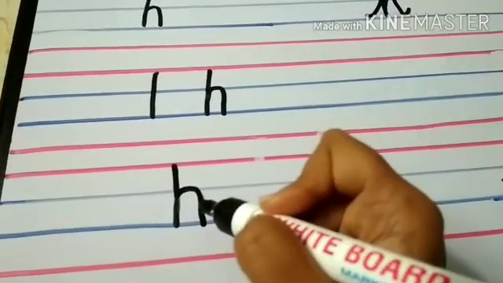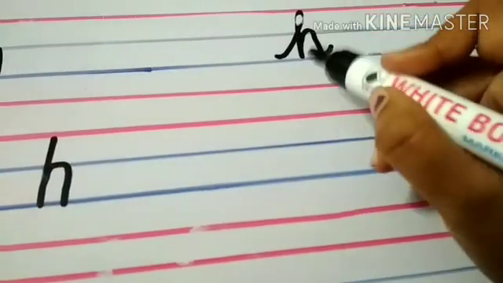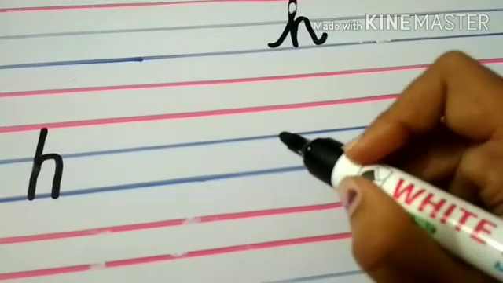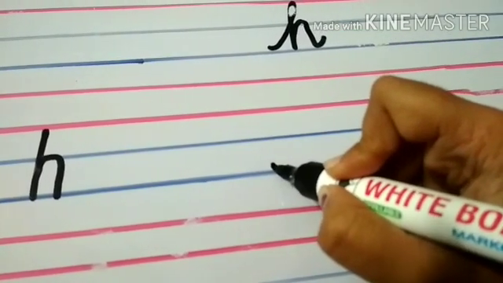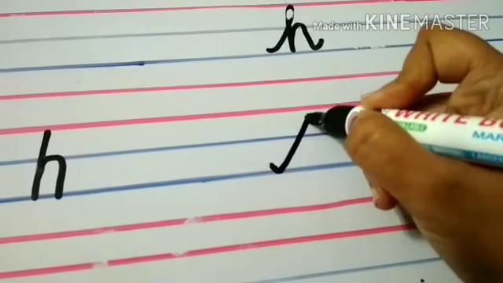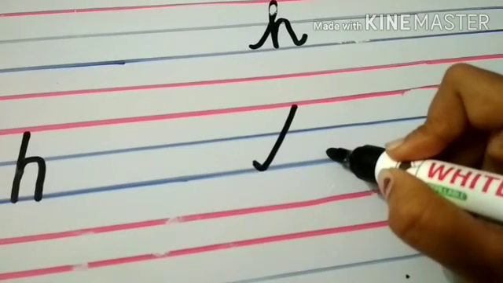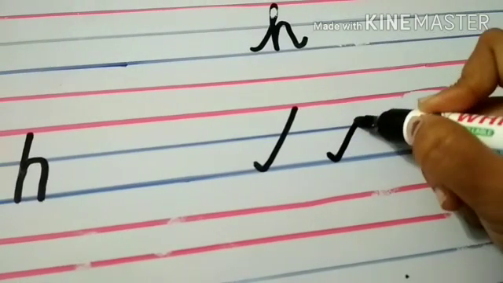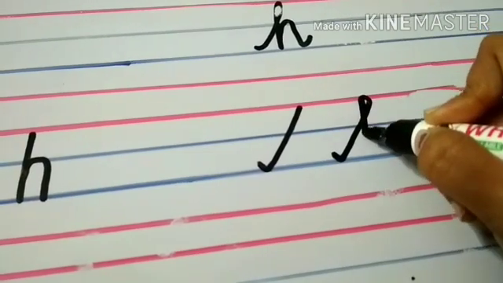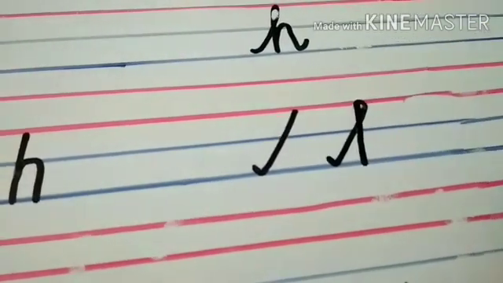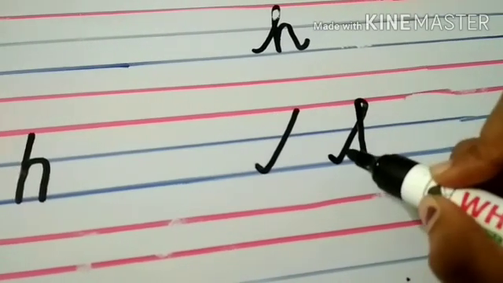This is small h. Now I am going to show you how to write cursive h. So keep your pencil on third line. Okay, then make a stroke till the first line. Again look, keep your pencil on third line, then make a stroke till the first line, then make a loop and come down with the standing line till the third line. Now children, tell me which stroke it is. It is long wave stroke.